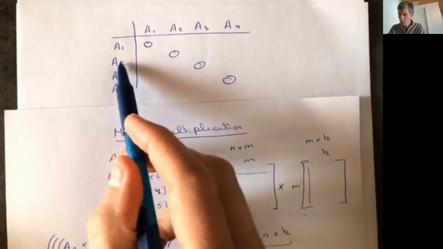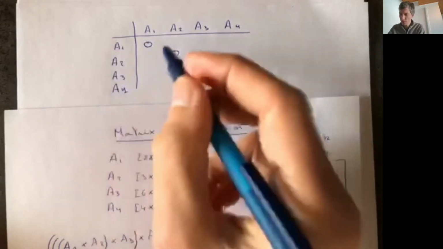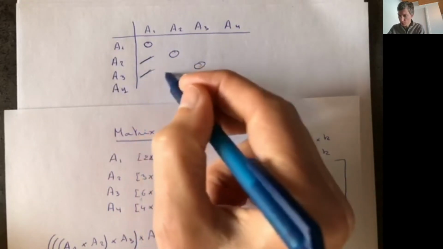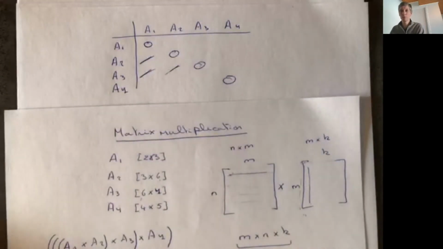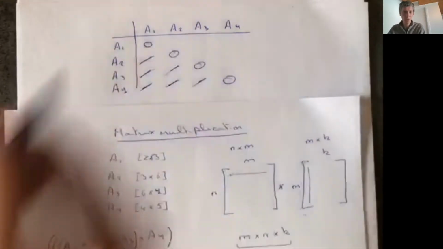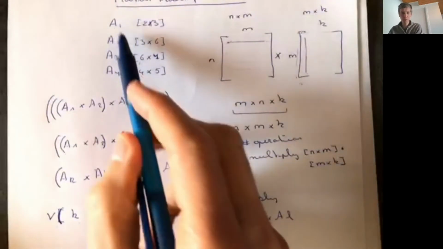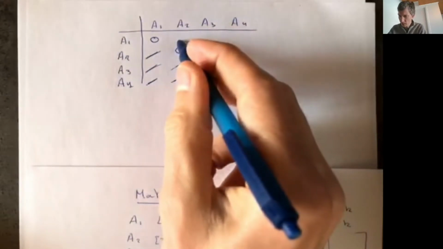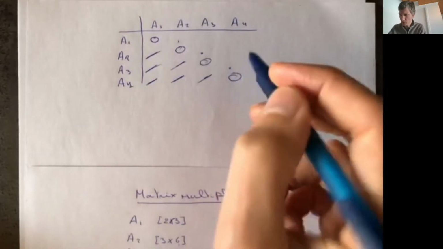Also, all these numbers, A2 to A1, are going to be impossible because you have to multiply forward, right? Multiplying A2 times A1 doesn't make sense because you want the product of A1 times A2, not the reverse. Okay, so these are going to be empty, and now we only have to fill in